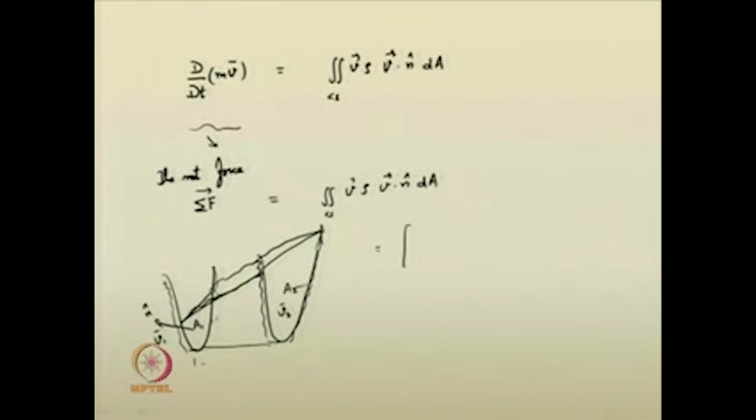So, the net momentum outflux through the control surfaces, this can be given as, here the outward normal vector is in this direction of that surface, whereas here it is in the direction of the flow itself. Therefore, the left hand quantity will be a negative quantity. So, I can write this now as rho into V 1 bar squared A 1 plus